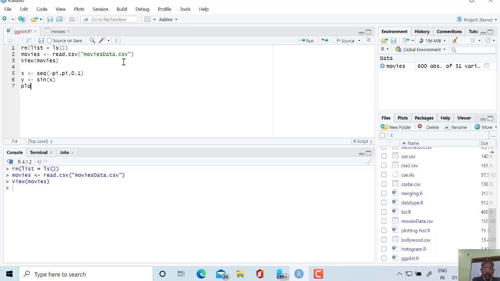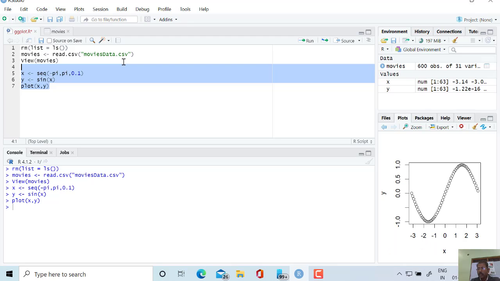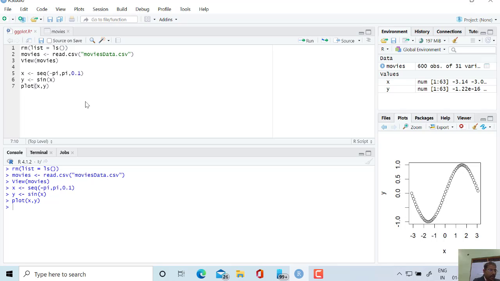If I am plotting, then simply I will write the plot function between x and y, and if I am plotting these two things, then my plot appears here. It is the sine curve, which we discussed in yesterday's class. Now, I am going to make it more interactive, and some interaction I included in yesterday's class also. Arif asked me how to include the main title here, and now I am going to discuss all those things.